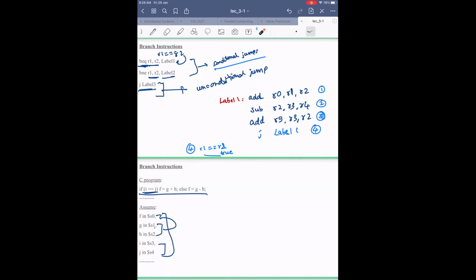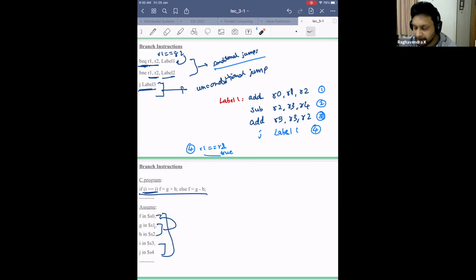Maybe we don't use it in the beginning. Maybe we can label 3 something some other place and we can point it to there. Some pointer or something. So I can use it in different ways. But even if you didn't understand how to use it, I hope you understood what an unconditional jump is and what a conditional jump is. Conditional means I am checking for a condition and jumping to a particular label. Unconditional means I don't even check for a condition. As soon as I see this, wherever label 3 is, I will go to that label 3 and start